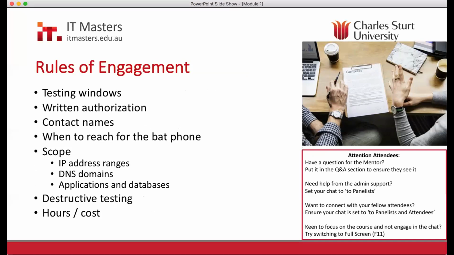All right, so when you're at a pen testing engagement, there are rules, and this goes back to keeping trust with the customer, whether it be an internal or an external engagement. You want to be talking about what testing windows they would like you to use, and I'm not talking about panes of glass, I'm talking about hours of operation. I've been in organisations where we had a 4-hour testing window between midnight and 4 a.m. Trying to get a good amount of pen testing done in those times made it stretch over a couple of weeks. It made us really tired, but it was really interesting